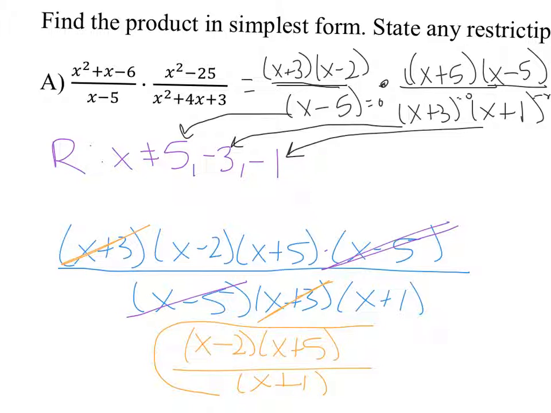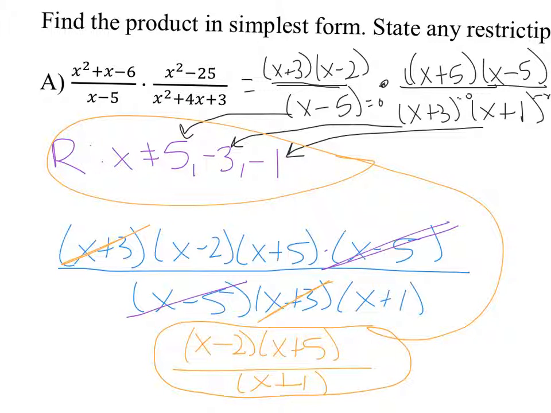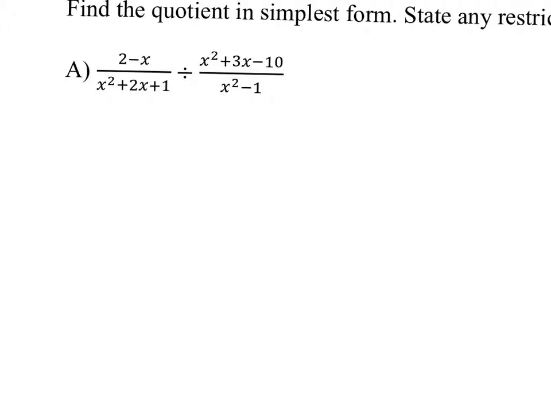So this, along with this, is your final answer. You do B by yourself. And please realize that you can take a 2, a number 2, out of 2x minus 8. And the last one,